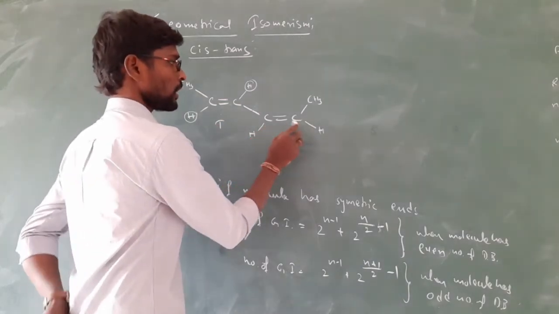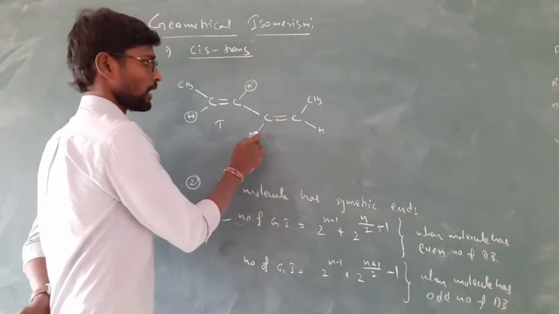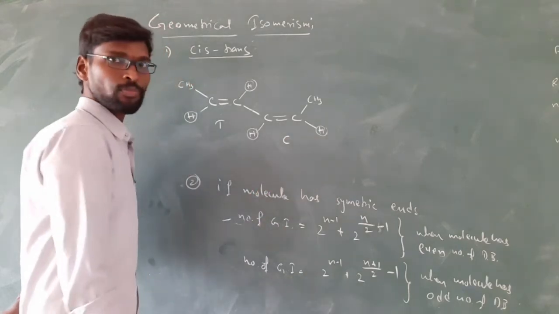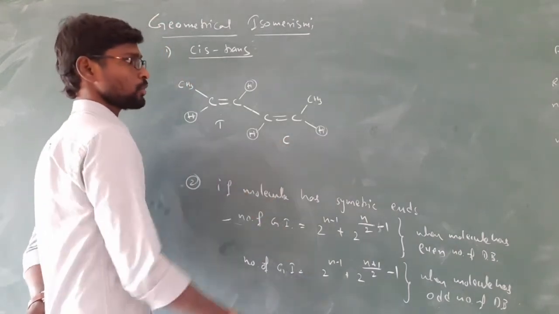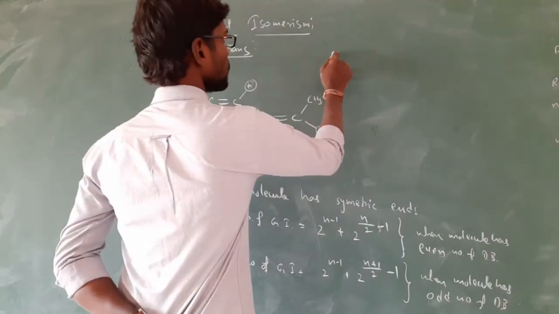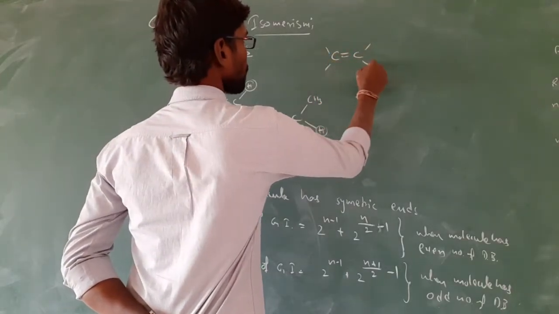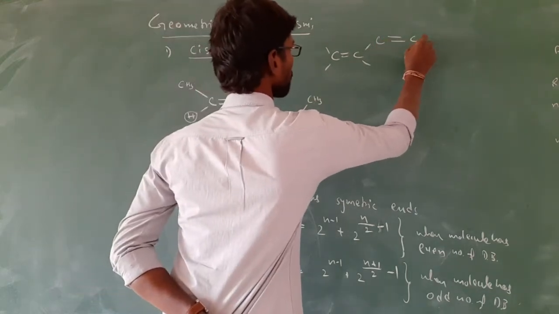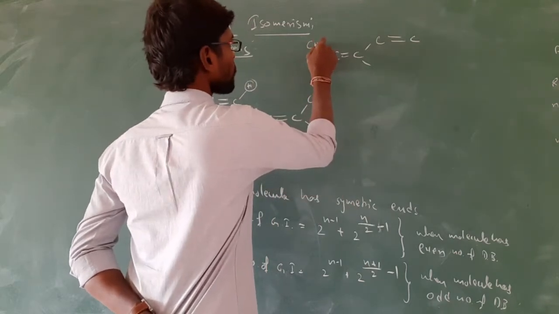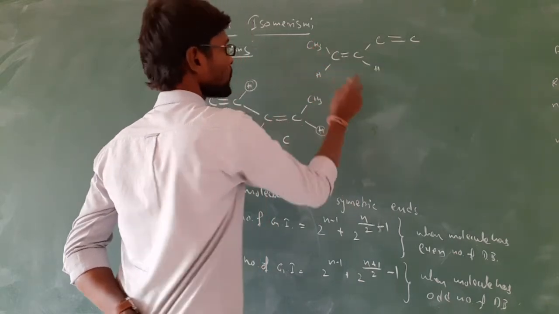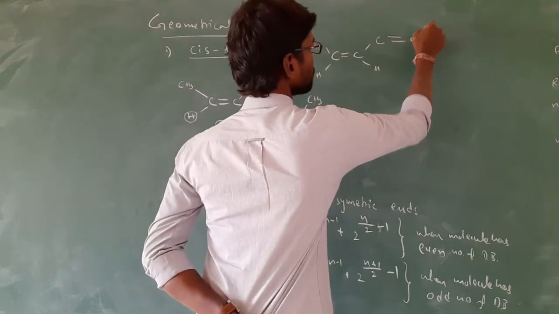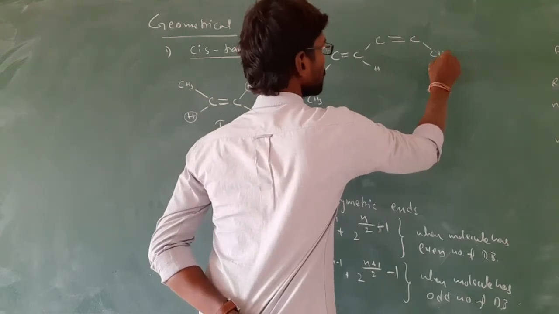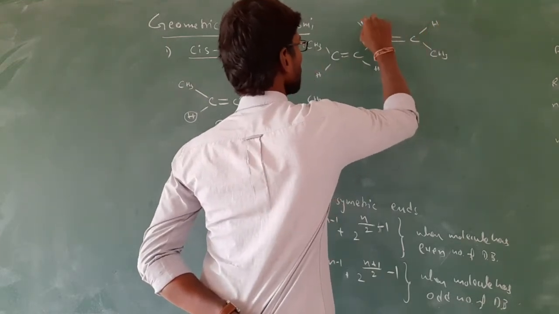Now on this carbon we are having carbon, carbon both at the same side, hydrogen and hydrogen again the same side. So this you can call cis. Right. So like this we have to write 2 more. So I am writing here one more double bond C, double bond C. CH3 here, H here, and here I am writing CH3 and H here, H.